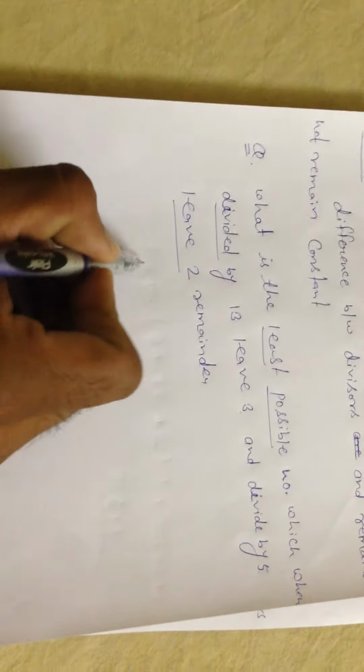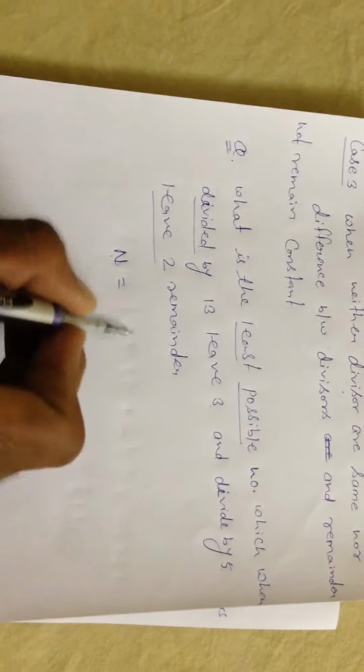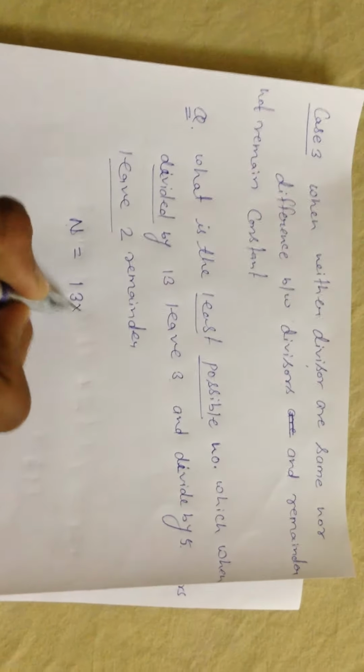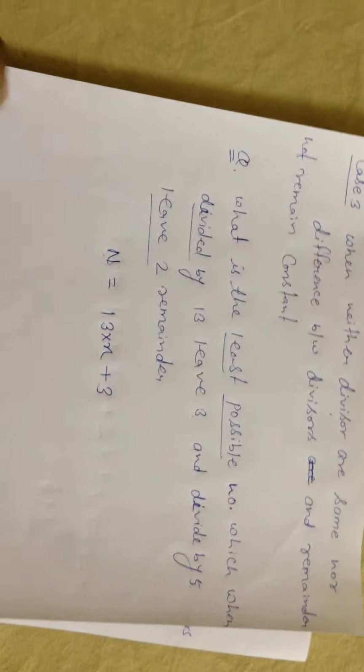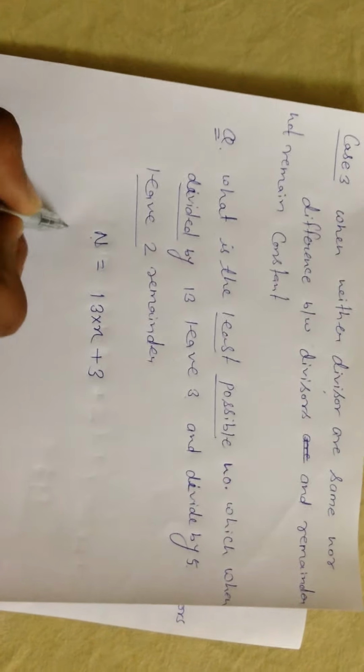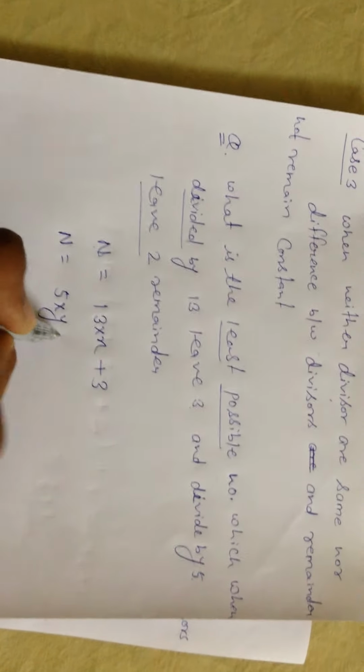So the expression will be this: suppose n is the number, so 13x plus 3 will be n, as you know, and n equals 5y plus